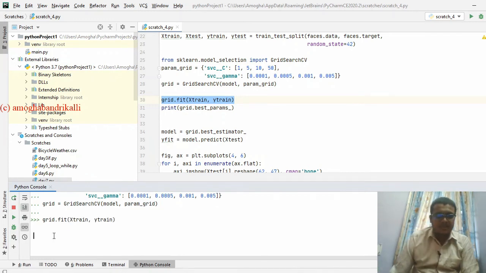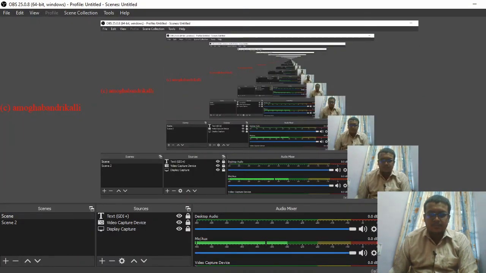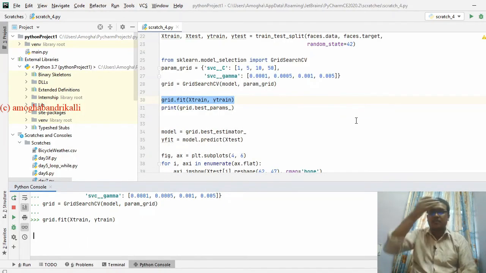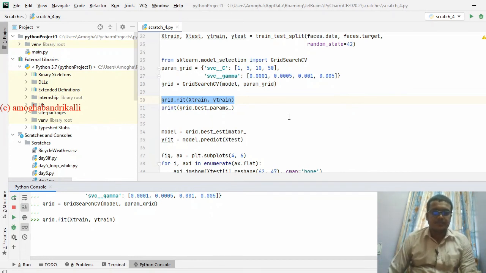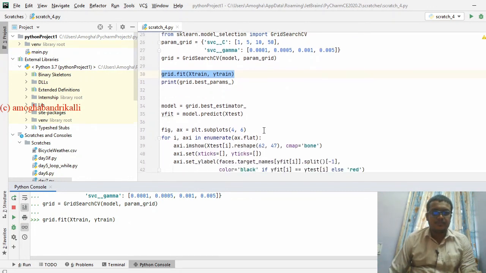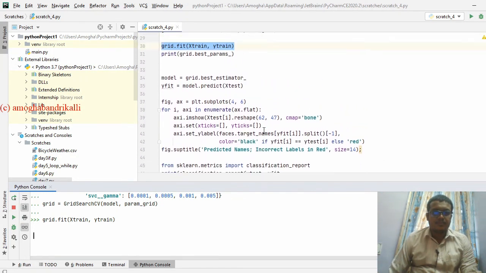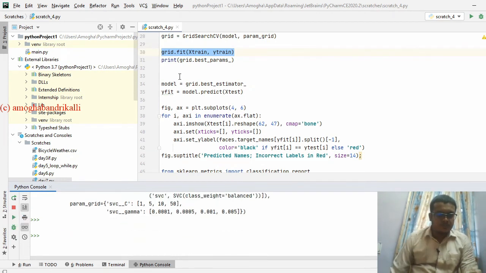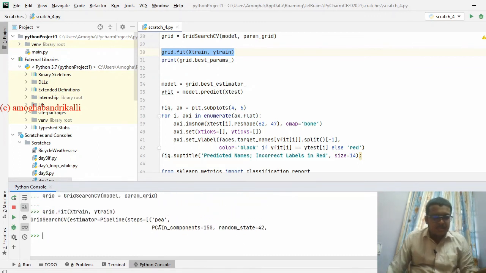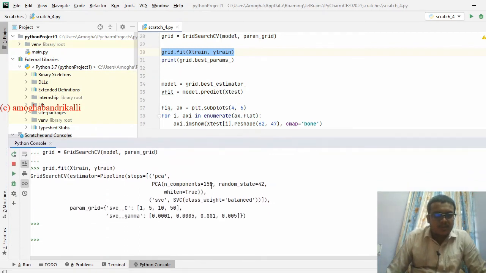Okay, let me go line by line. It has PCA components of 150.